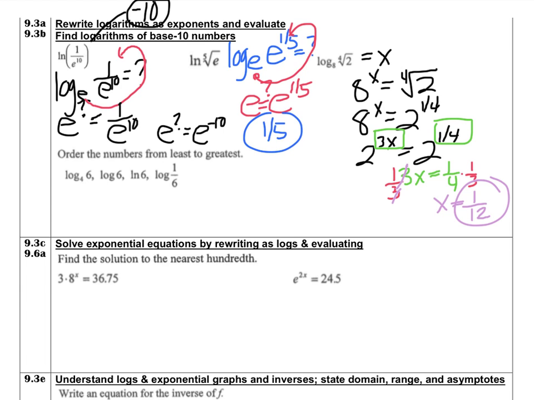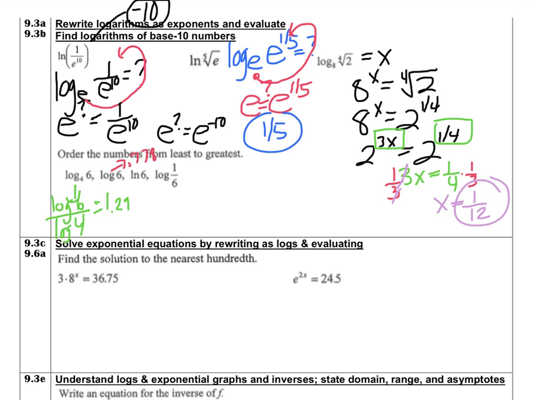This first one here, be careful. I do not have a log base 4 in the calculator, but you can do the base 10 conversion. If you type log of 6 divided by the log of 4, you're going to get that number. And when you do, you will get about 1.29. Now log of 6 is base 10, so I can just hit the log of 6 button on my calculator. And when you do that, you're going to get that this is about